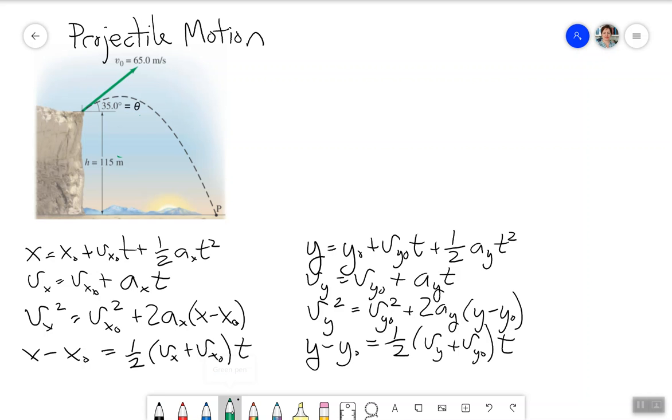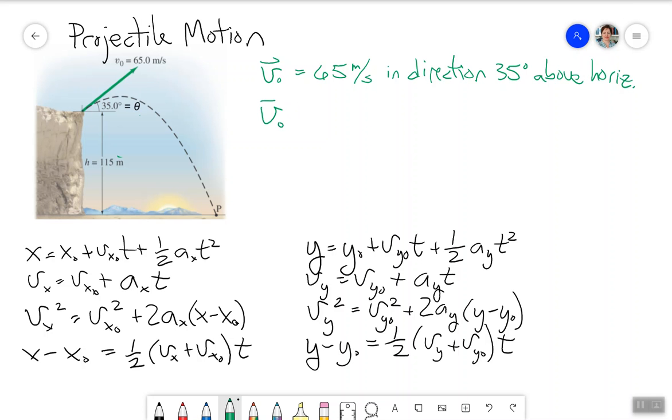Well, what I know is that I have some initial velocity as a vector, which is 65 meters per second, and it is in the direction of 35 degrees above the horizontal. This is hard to do math with this information though, right? So instead, what we're going to do is say that the initial velocity as a vector is some component in the x direction, i hat, plus some component in the y direction, so that's j hat,